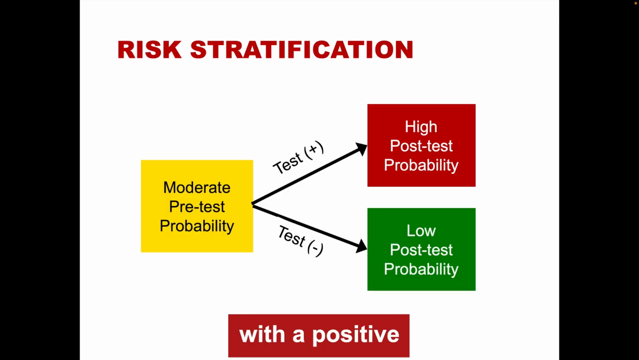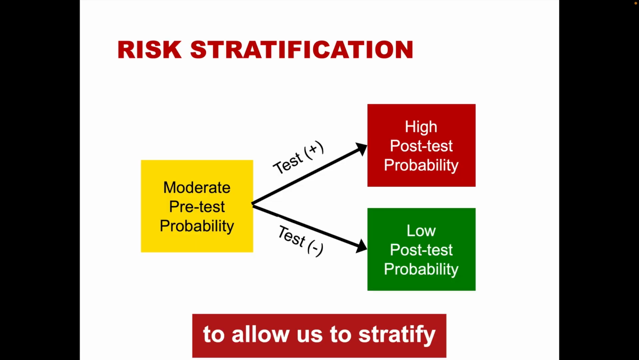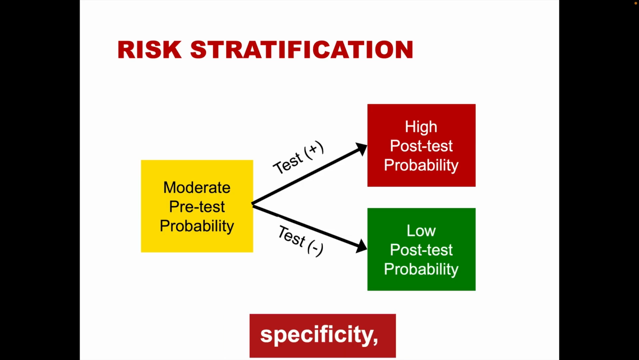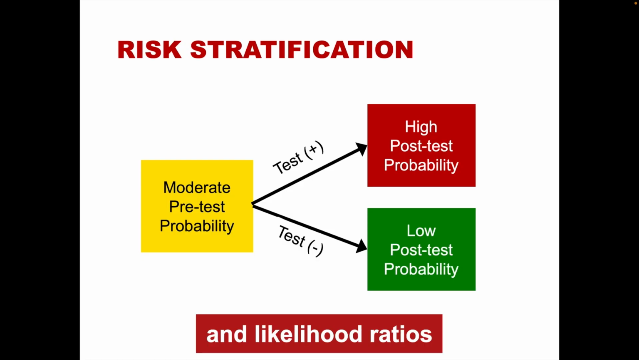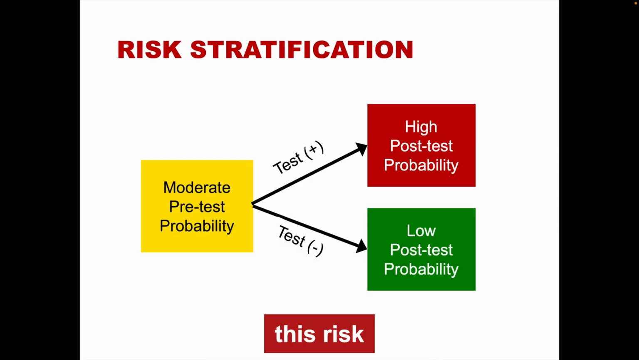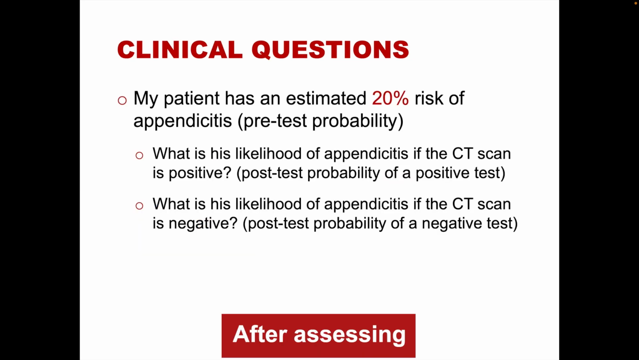Essentially, we use tests with a positive and negative outcome to allow us to stratify patients into high and low risk groups. The test characteristics, sensitivity, specificity, predictive values, and likelihood ratios help to assess how well the diagnostic test accomplishes this risk stratification. After assessing disease probability in my patient and deciding which test to order, I find it